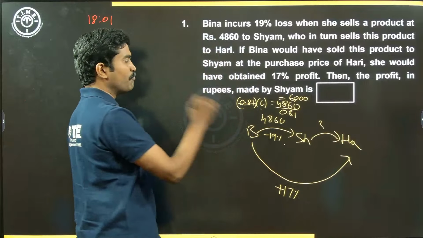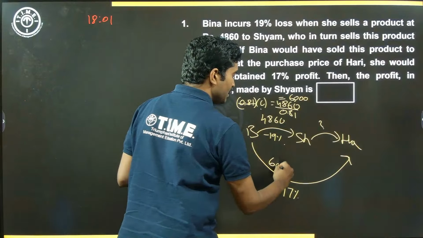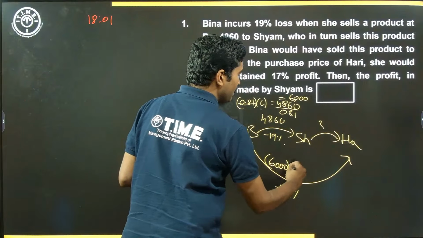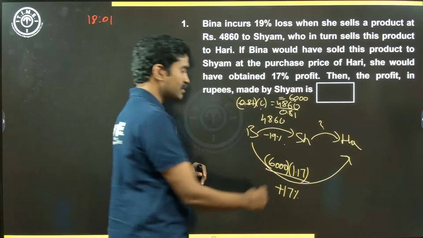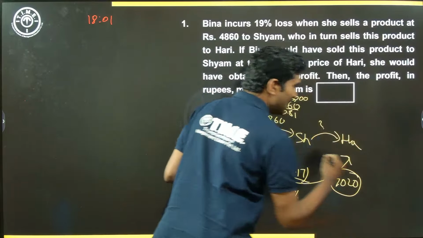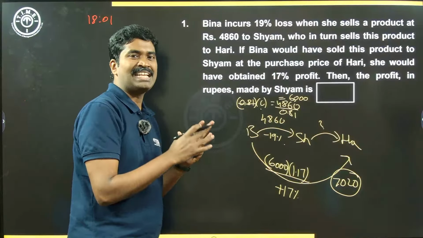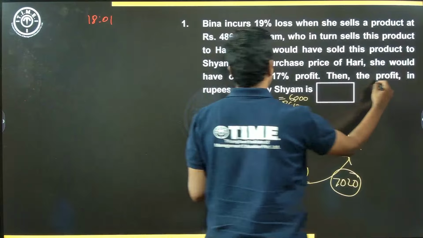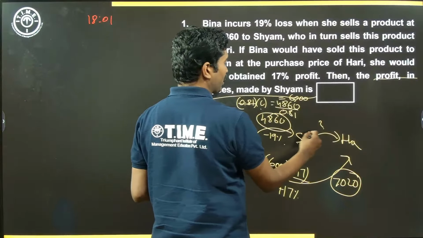Bina's cost price is 6,000, increased by 17%, into 1.17. 6,000 times 0.17 is 1020. So 7020, which means to get a profit of 17%, Bina would have had to sell it to Hari at 7,020 rupees. Now the question, the profit in rupees made by Sham. Sham bought it for 4860